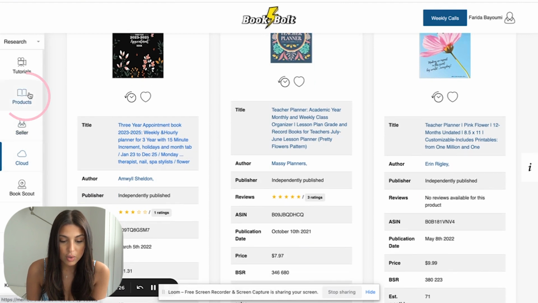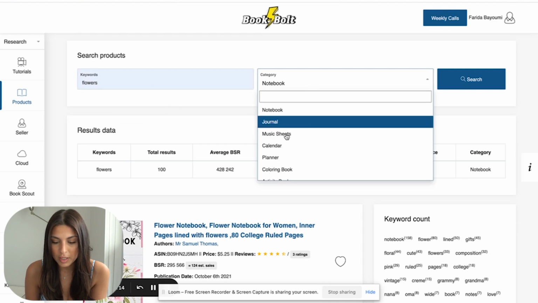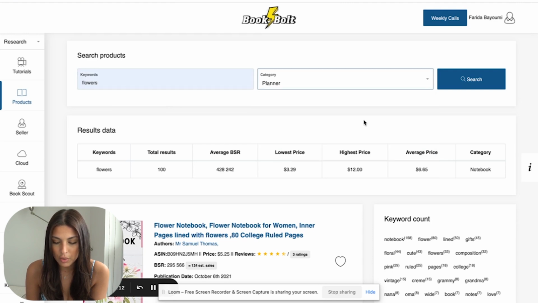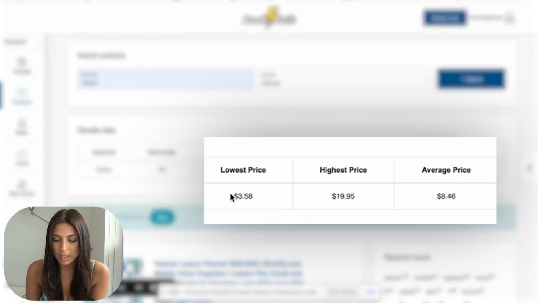And then you can also search by product right here. So this is also another option that they have, which is super cool. Search by product. You could see I've done this flower search before. So flowers, you could, for example, let's do planners also, the same thing. And what I love about the products tool is that it's going to give you the lowest price,